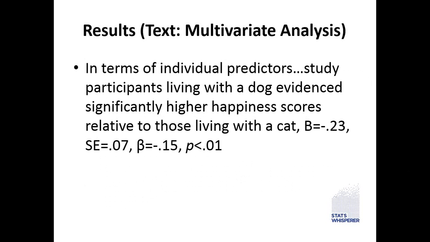And to take the independent variable as an example, we might say in terms of individual predictors, study participants that lived with the dog evidenced significantly higher happiness scores relative to those that lived with the cat. And then you put the scientific notations: B, which is the unstandardized beta, negative 0.23, and the standard error. And then you put the standardized beta, which is 0.15, and the p-value for the individual predictor, right? And of course, this is all describing